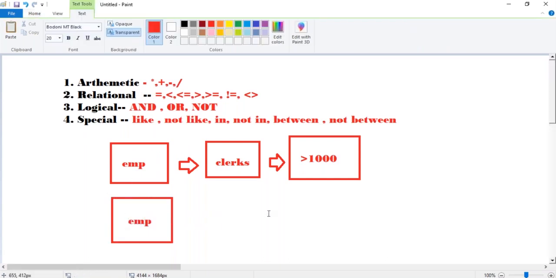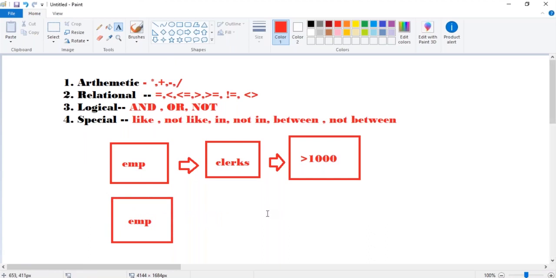What is the first condition we have given? It will be clerk, right? Fine. Clerks, and then the second condition also brings the data from the table itself. It will not use the resultant data. Understand? So whole data will be displayed.